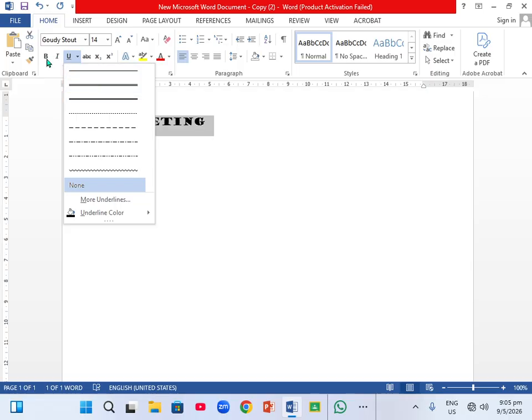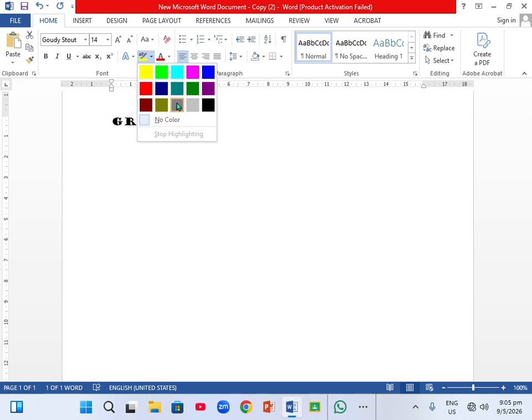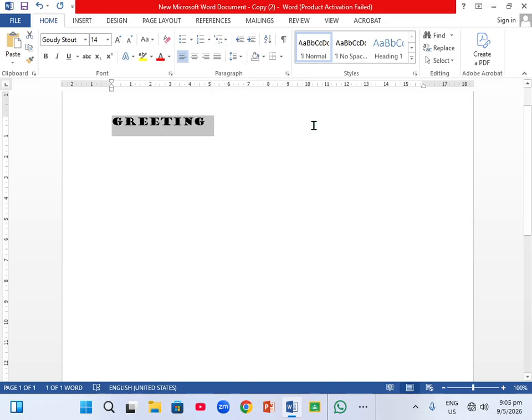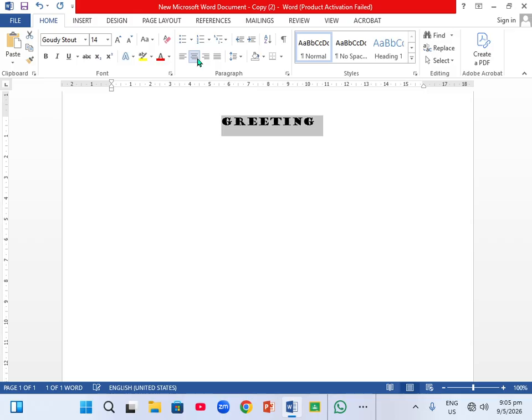If I come right here, I can bold it, italic it. If you notice right here, I can actually give it a color right here. Highlight it. If I come right here, I can change the color just the same. You notice it changes just the same. If I come all the way here, I can actually put it to uppercase. I can actually put it to center just the same. Notice if I carry it right there, all the way over there,